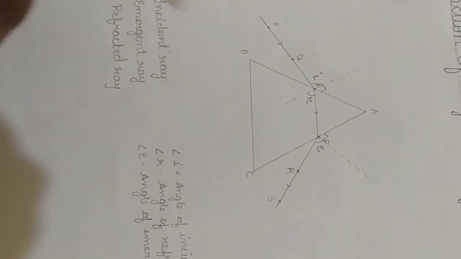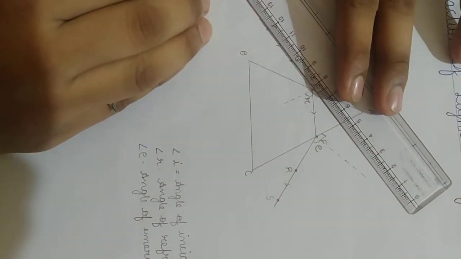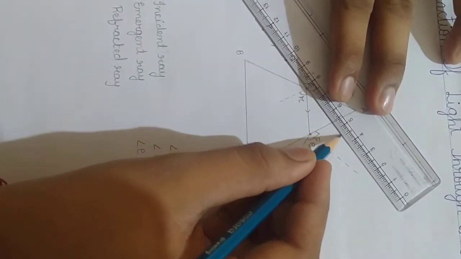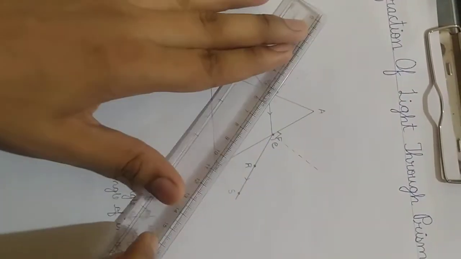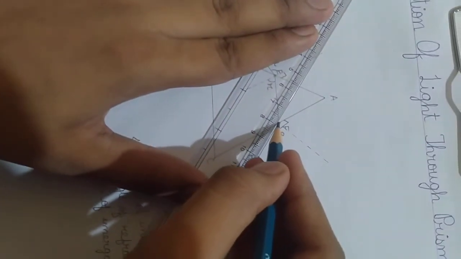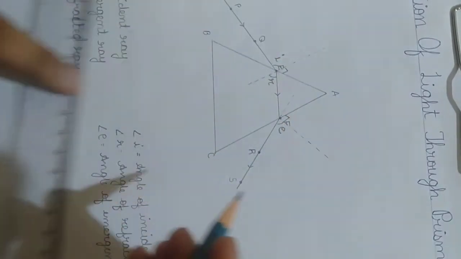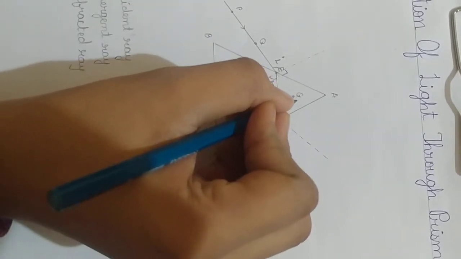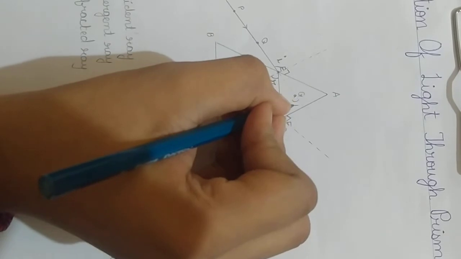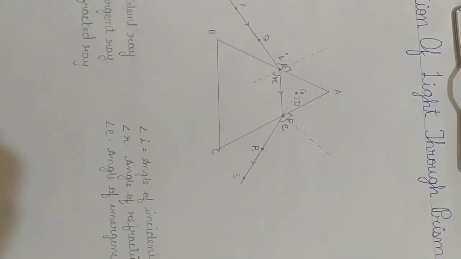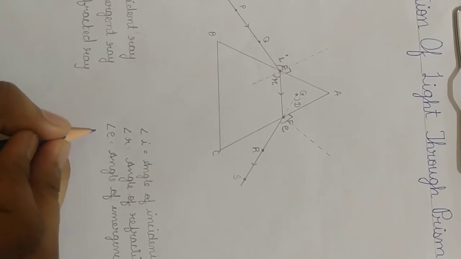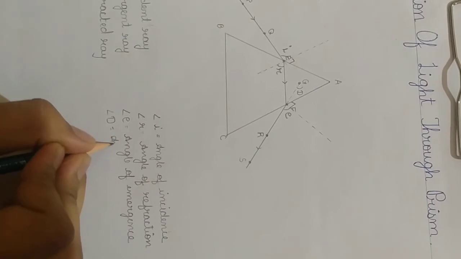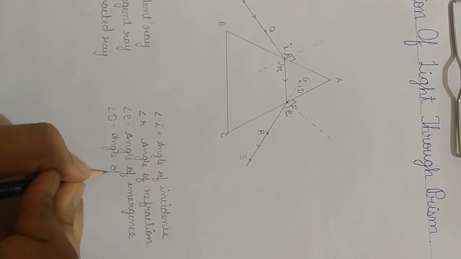Now you see how we'll do the angle of deviation. First, with the ray PE, you have to draw one dotted line. And now from point F, I'll make one line. Let that name be G. So this angle is called the angle of deviation, and the above angle where A is there, that is called the angle of prism, that you can mark or you can see in your textbooks as well.